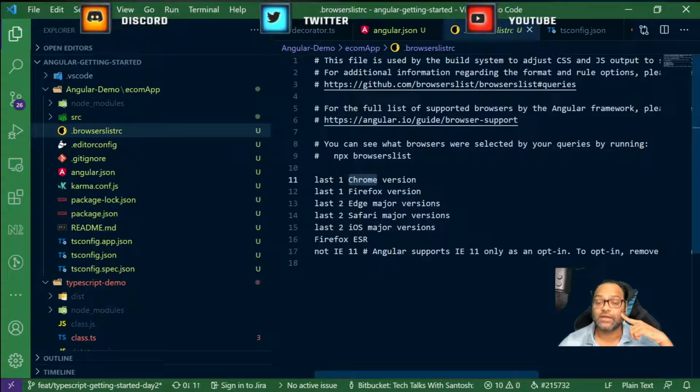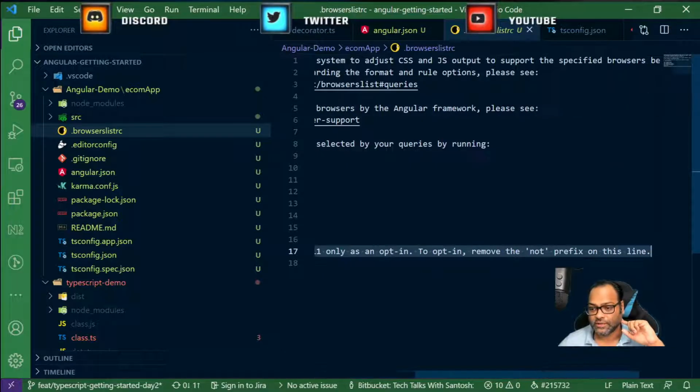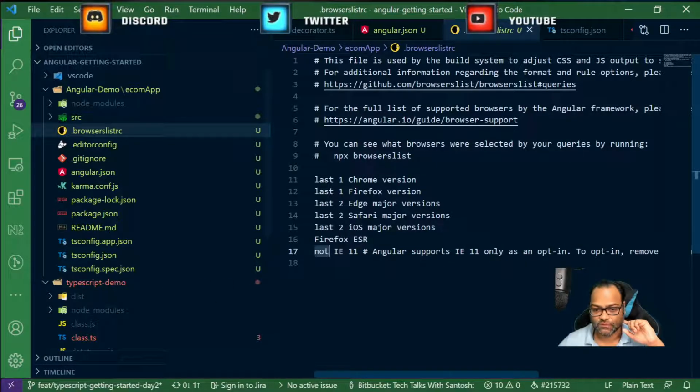Right now, if I create a build, it will be created with support for the last one version of Chrome, the last one version of Firefox, the last 2 Edge major versions, 2 Safari major versions, 2 iOS, and Firefox ESR. It does not support IE11 right now, but you can enable it. It says Angular supports IE11 only as an opt-in. To opt in, remove the not prefix. I think most applications are dropping IE11 support, so it doesn't make sense to include it.